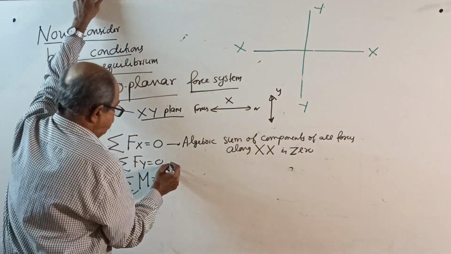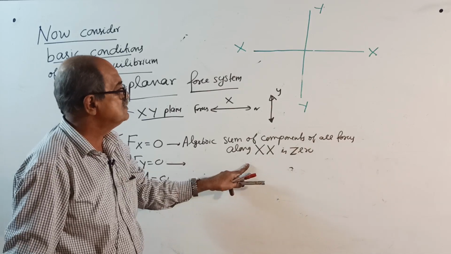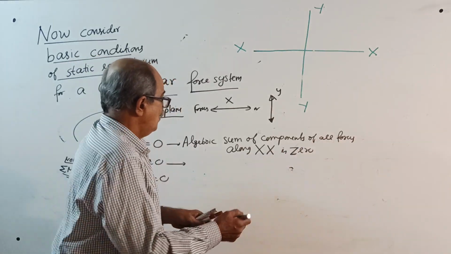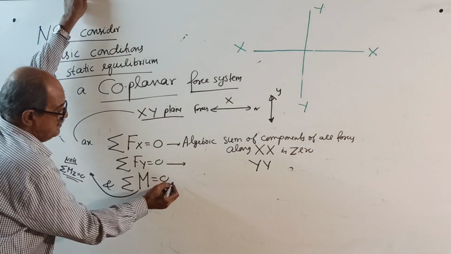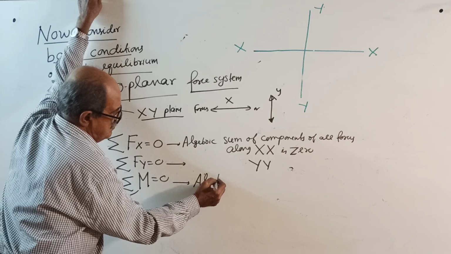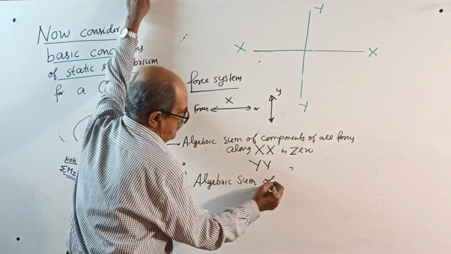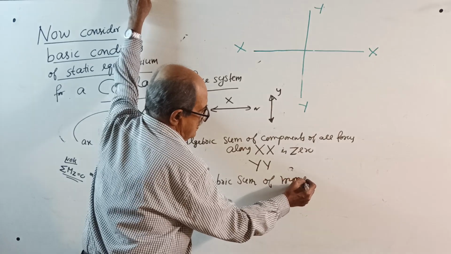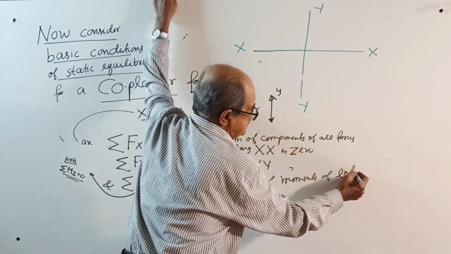Now, sigma Fy 0: algebraic sum of components of all the forces along Y equal to 0. Sigma M equal to 0 means algebraic sum of moments of the entire force system,